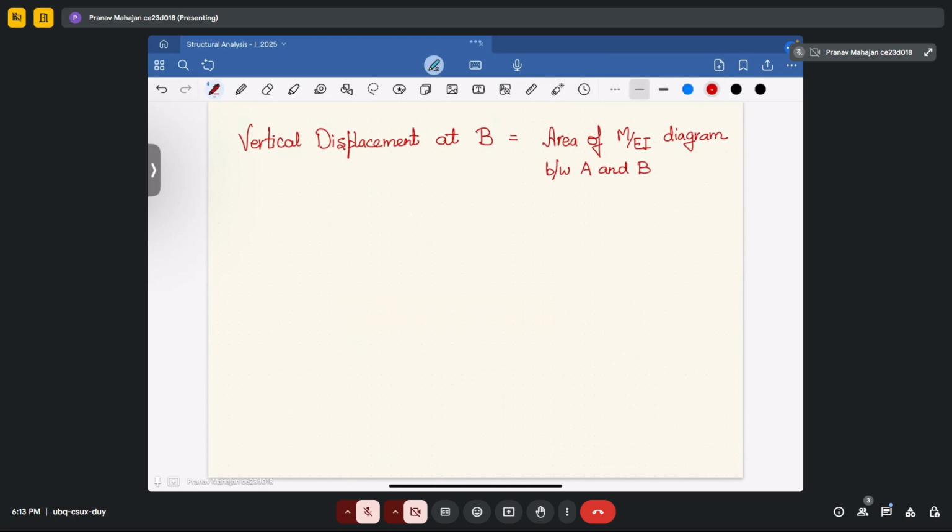Multiply by corresponding lever arm. Okay, so your vertical displacement at B, as referred previously, it would be